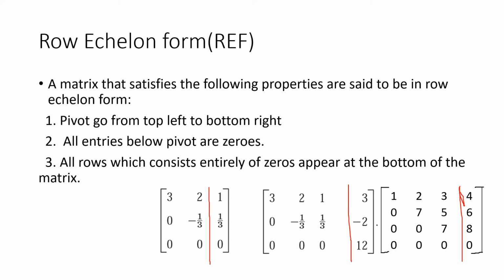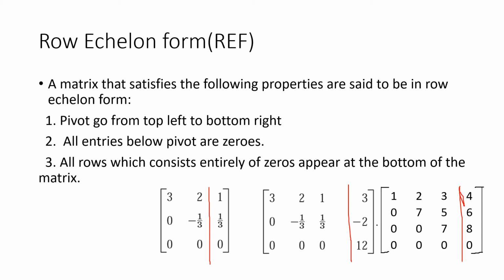If you check these three matrices, you can see that in the first matrix, the pivot element is at position 1 and its right side, the second pivot element is present. In the case of the second matrix, the first pivot element is at the top left, the next is present on its right side, and the third pivot element is again further to the bottom right.